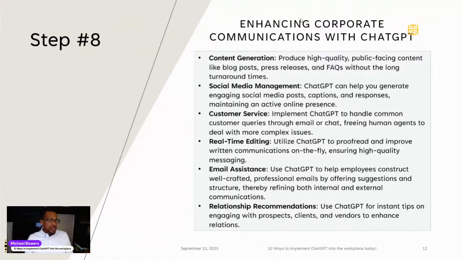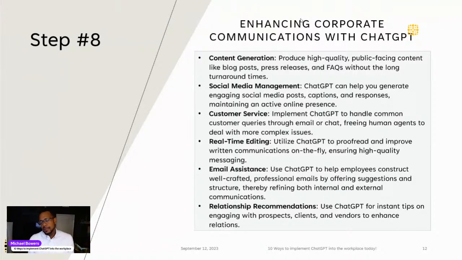And whether you are an individual trying to set that, or from a corporate standpoint, when you set the settings of the ChatGPT profile in there, you can set tone for creating emails or social media.